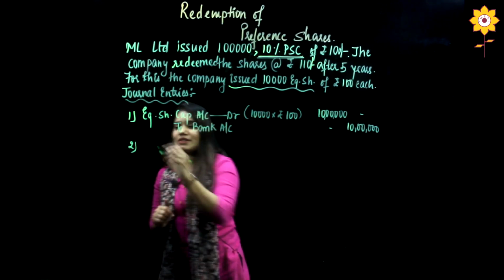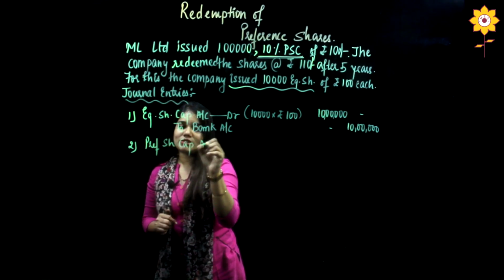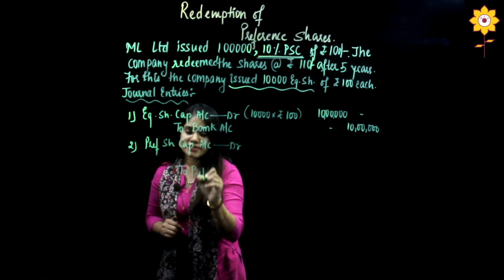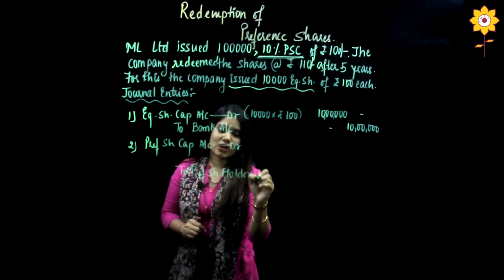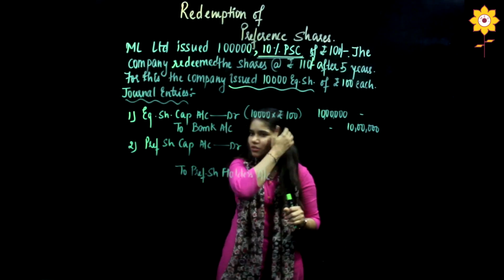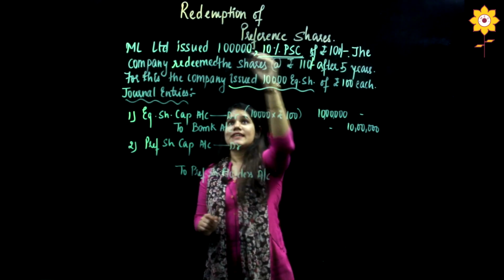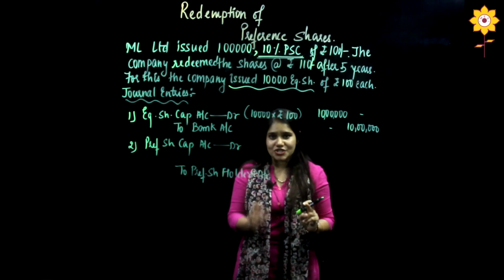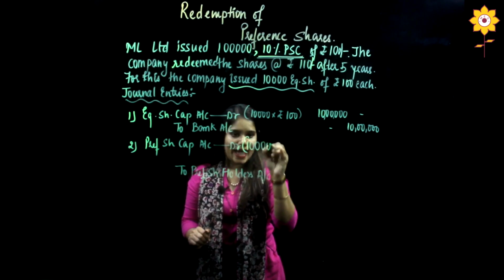So, in this case, my entry will become preference share capital account debit to preference share holders account. See, now here you can see I have left a space. I'll teach you the logic behind this. Preference share capital, what is the count of preference shares? It is 1 lakh of rupees 100 each, correct? So here it will become 1 lakh